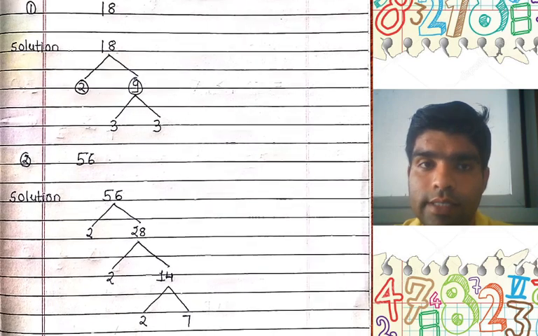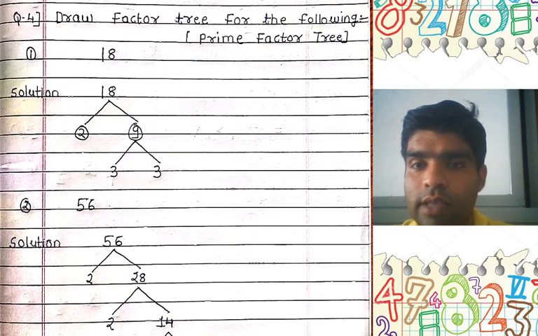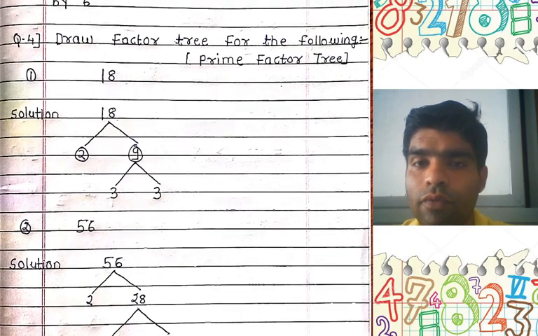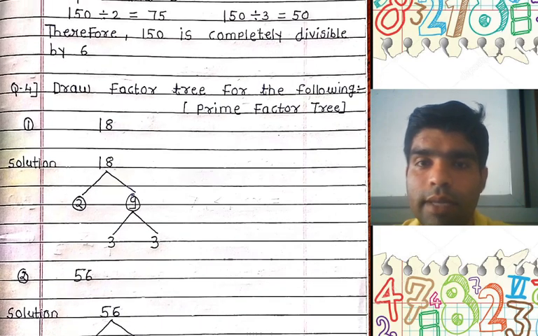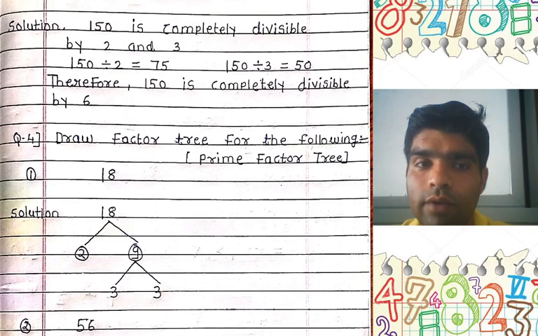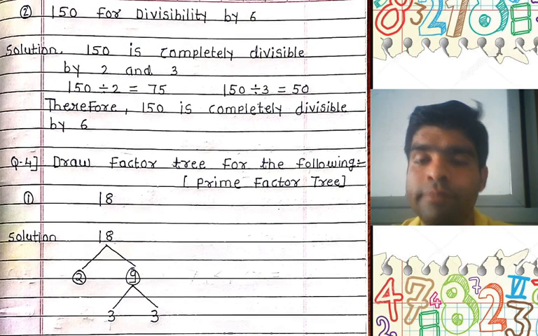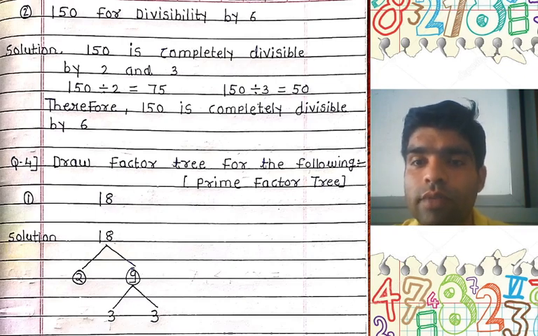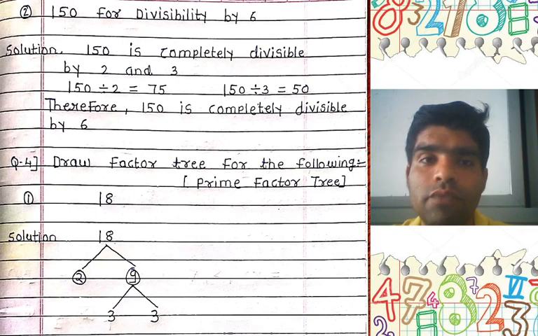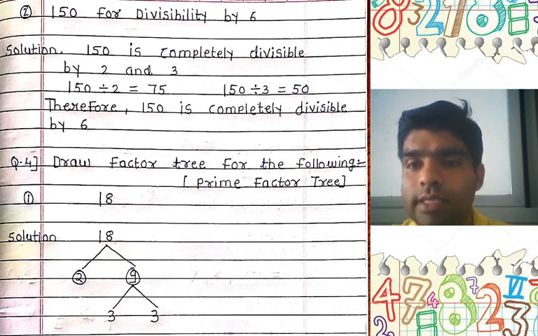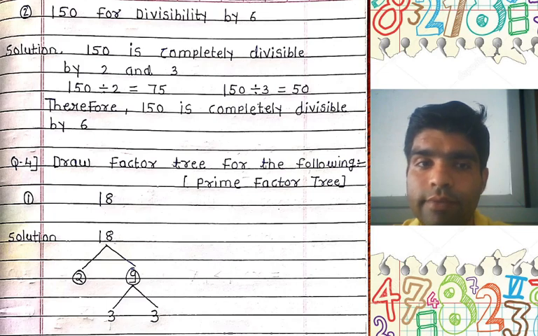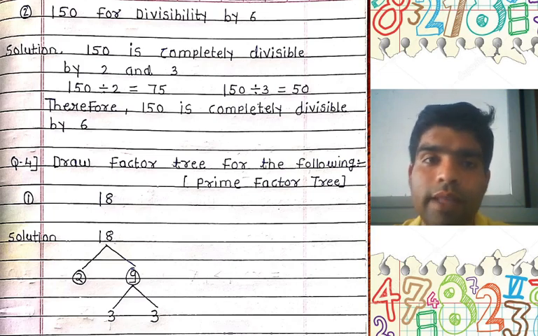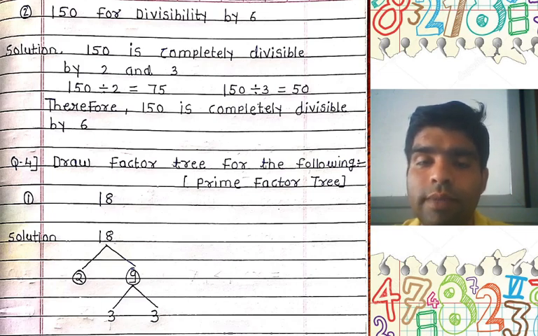Today I already discussed the topic. Your examples are based on finding the common factor, common multiple and factor. And I already discussed how we can draw the factor tree and how we can solve the divisibility rule. First of all, the divisibility rule for 2: the last digit is 0, 2, 4, 6 or 8. This is divisibility by 2. Divisibility rule for 3, it means what? If the sum of all the digits is divided by 3, definitely you get divisibility by 3. This is the way we have to solve the divisibility rules.